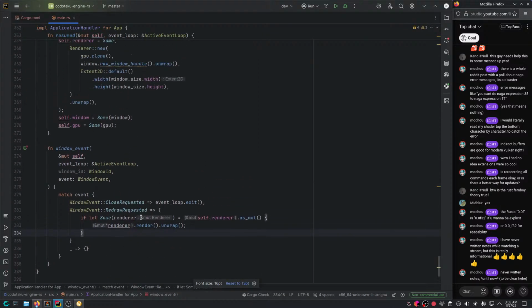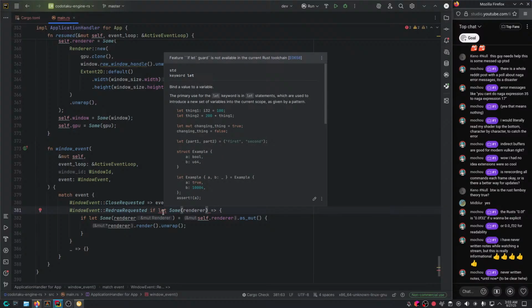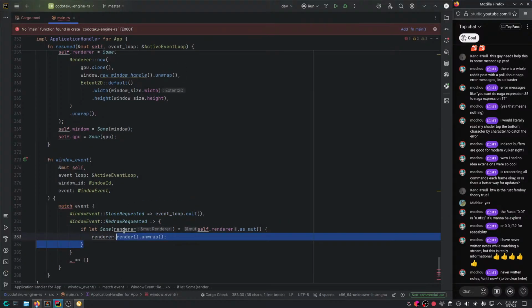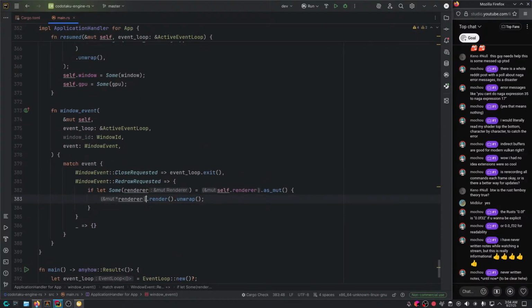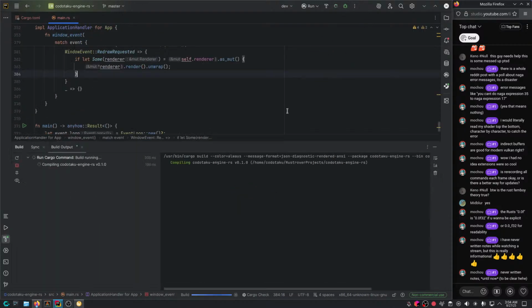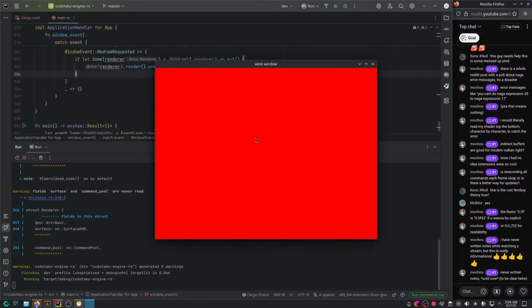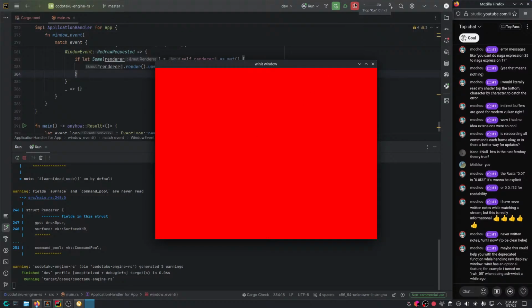And there we go. Though I do remember that maybe you could even do it here somehow. I don't remember though. Maybe like this? Yeah, I remember there was something here, but it was a long time ago since I programmed Rust, so I don't know. Either way, this should work. So render.render().unwrap(). Now let's see if this works. And there we go. You got your first Vulkan window that is just drawn with red color. That's pretty much it.